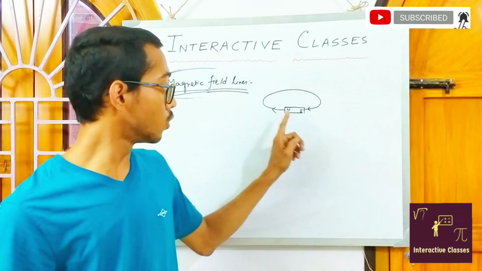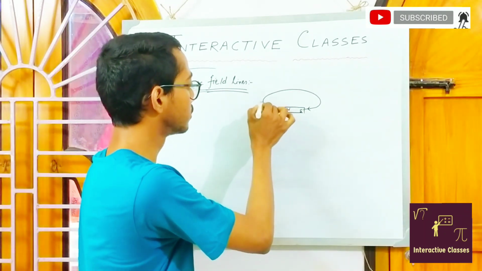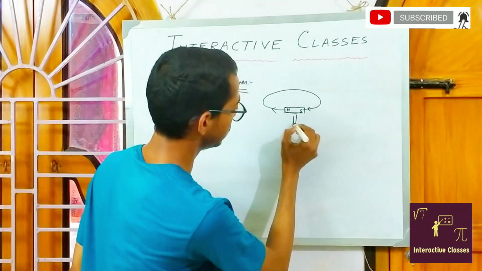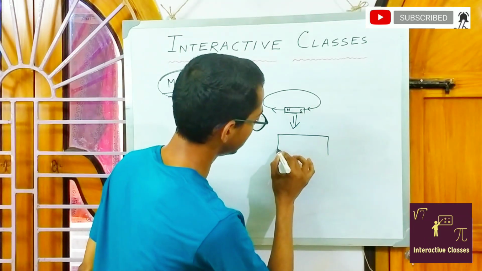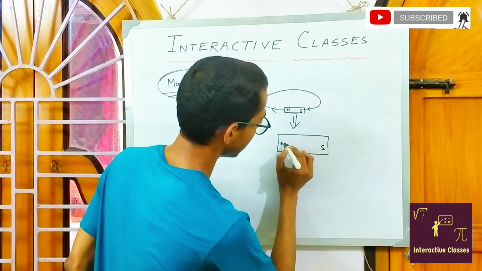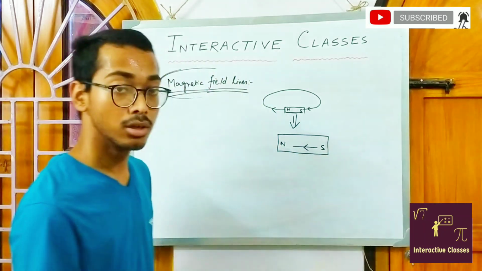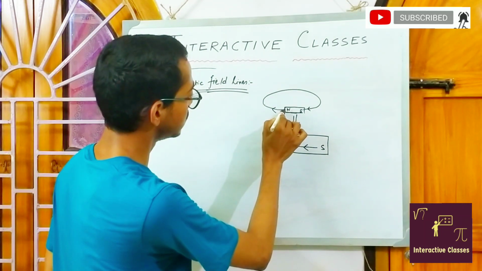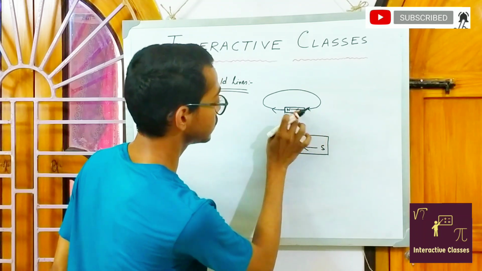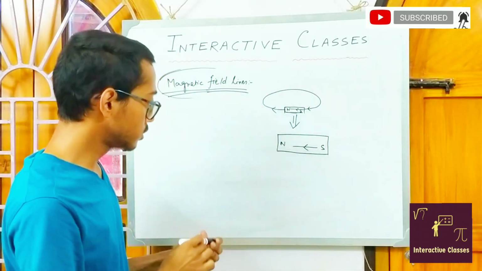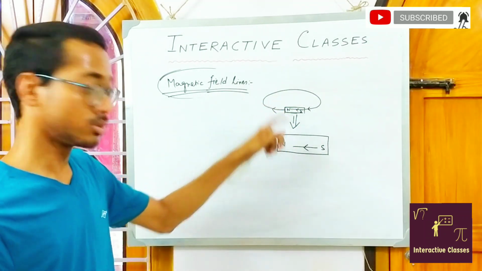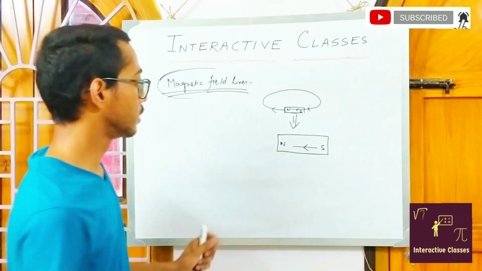But keep in mind, this is only valid when the field lines are exterior to the magnet. Inside, let me draw it a bit bigger, magnetic field lines flow from south to north. So you can understand it here itself. It starts from the north and ends in the south. Then inside, it flows from south to north. So this is an important concept. These are asked in your secondary school examinations, especially in class 10 board examinations.